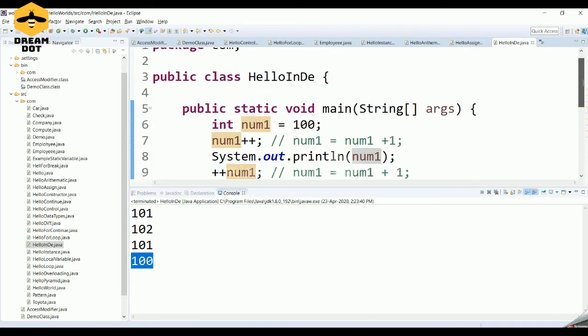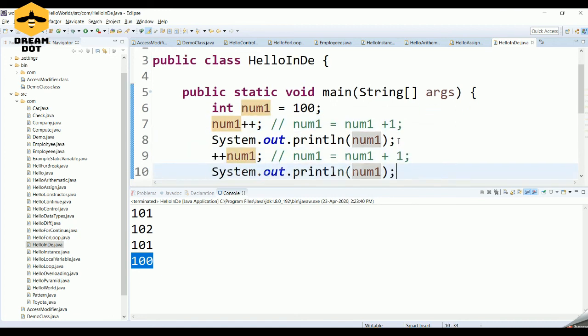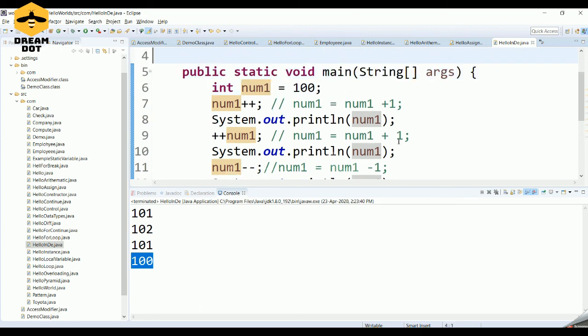For these increment and decrement operators, we need to keep two things in mind. First, they are unary operators. It is enough if we have one variable, value or operand for this operator to act upon. We have plus plus and minus minus. Plus plus will increment the value by 1, minus minus will decrement it by 1. And one additional feature of this operator is that it can be prefixed or suffixed. You can have it at the end or in the beginning.